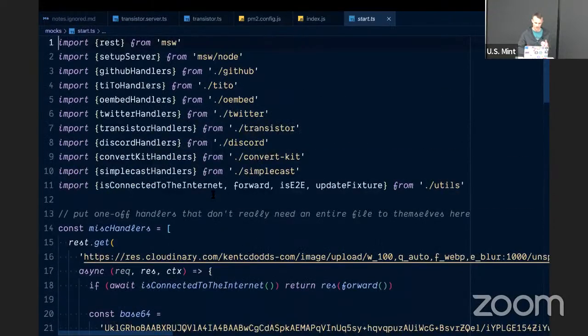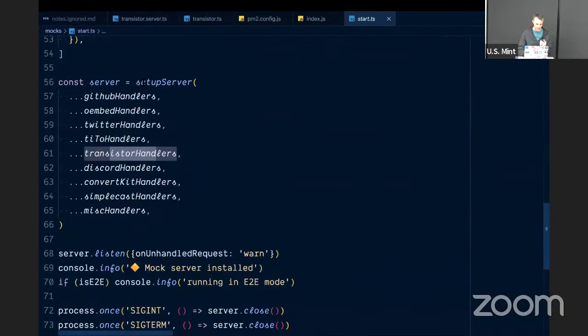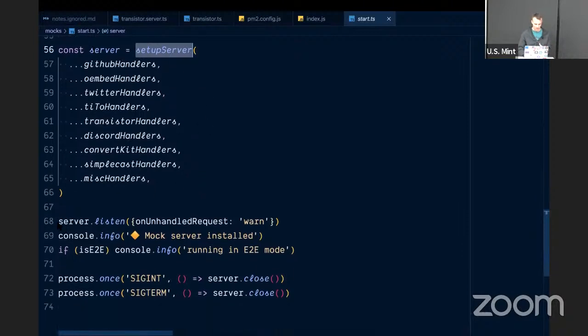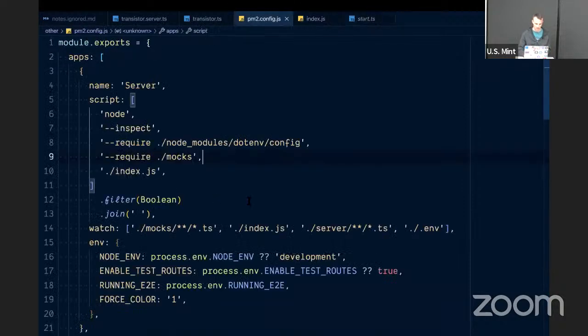And that's when it comes in here, it grabs all of these different handlers like the ones that we saw. Here's the transition ones, and sends that off to the setup server function from MSW, and MSW is configured to listen. And so anytime there's a request that I've set up a request handler for, it'll call my function instead. And I think that's super cool. So if I want to see what everything looks like with real data, even in development, I literally just comment that out, and now all of a sudden everything's real data.